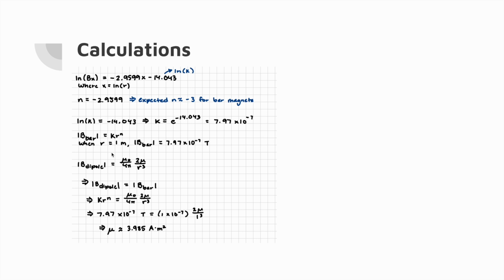Then I plugged that into the distance dependence formula, which gave me the magnitude of B bar. We're treating the bar magnet as a dipole, so the magnitude of B dipole should be equal to the magnitude of B bar. Then, just using the Biot-Savart law, I substituted in, found mu, and got 3.985